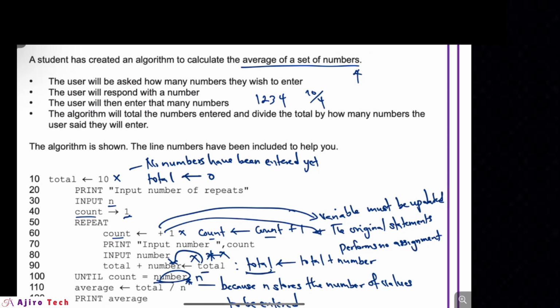There's also an error in line 40. I'm just seeing there's also an error in line 40. Look at this. I'm just seeing this now. The direction of the arrow is wrong. It's pointing the wrong direction. Yeah, I'm just seeing that now. Why? This should be count. This is how it should be. This is the right one. It doesn't go that way, so it's wrong arrow direction. So that's how you do it.